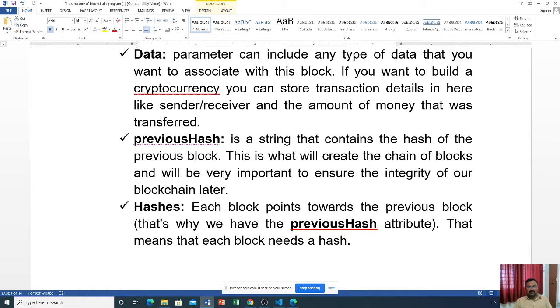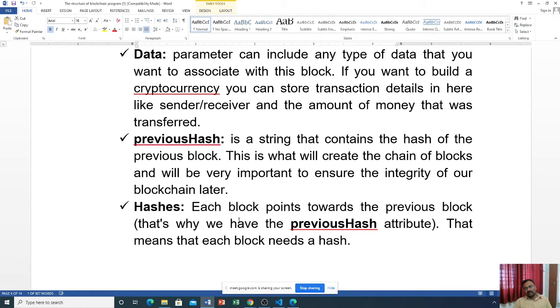The previous hash is a string containing a combination of numbers and characters.